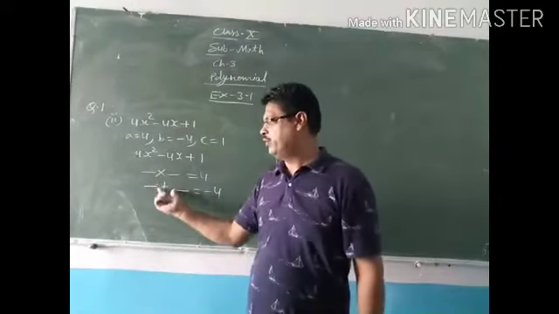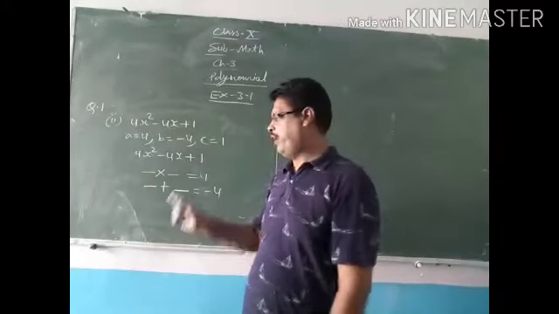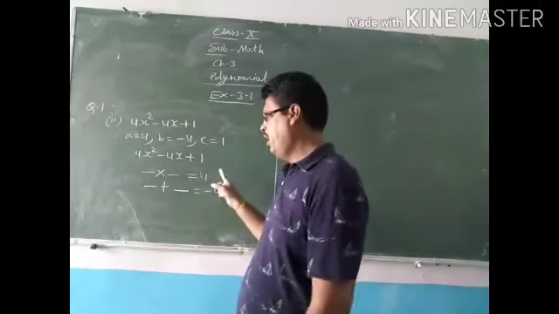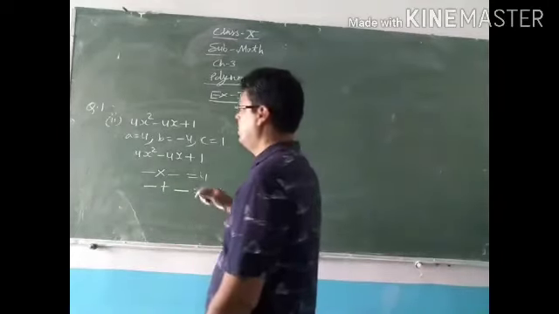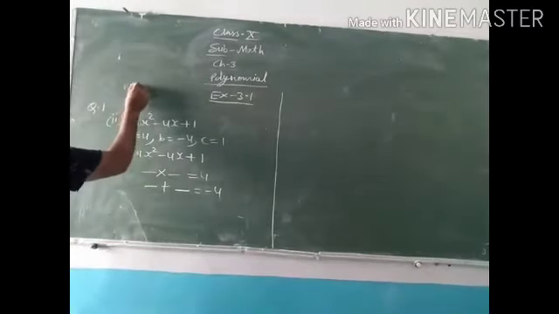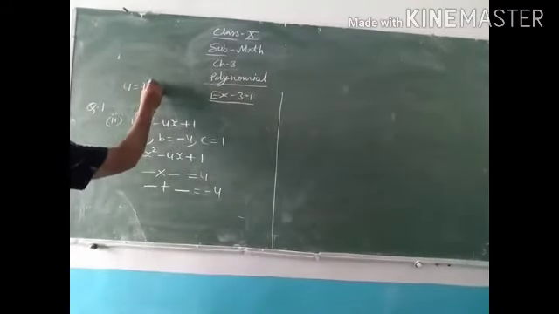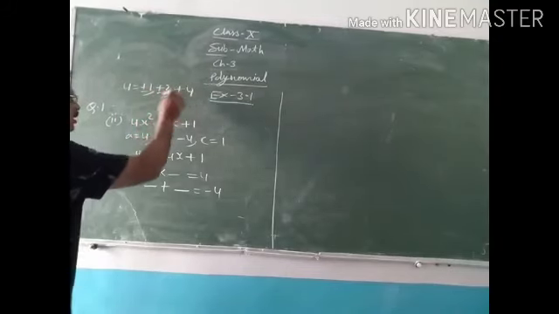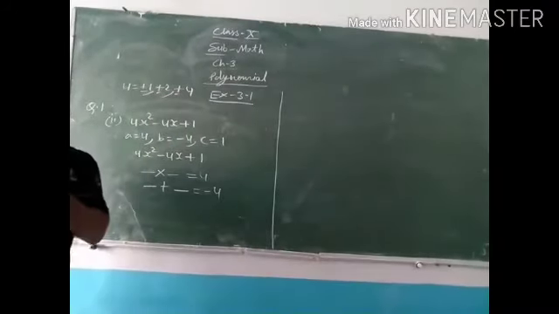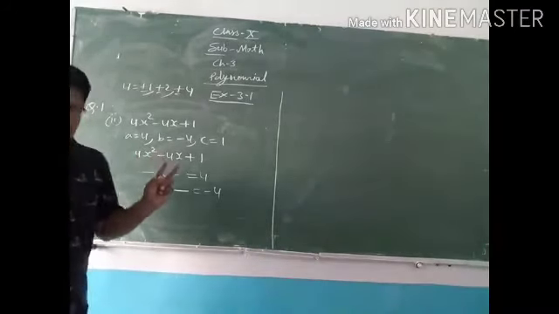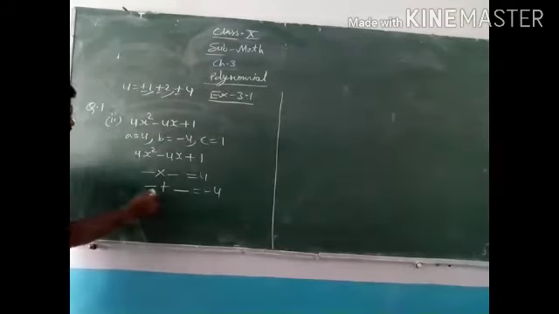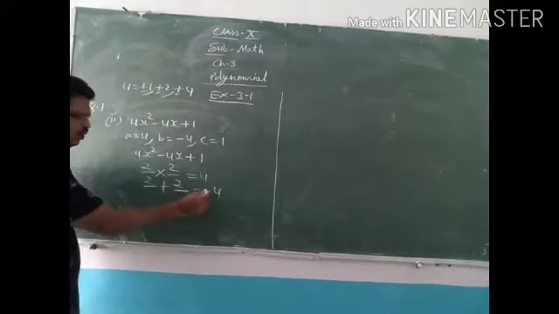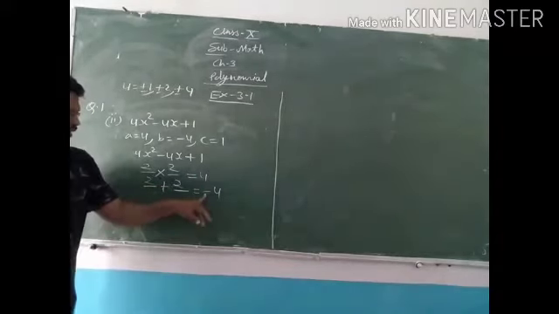One thing I want to tell: these two numbers would be the factors of this 4, meaning they will be from the factors of 4. Like the factors of plus minus 4 are plus-minus 1, plus-minus 2 and plus-minus 4, so the two numbers will be from these. So which two numbers do we multiply and add and the same should come? 2 2s are 4, 2 plus 2 is 4, but we require a minus sign here.